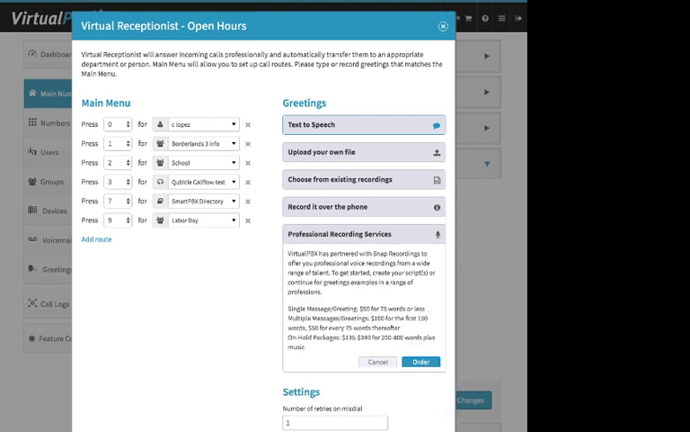All right, then we have professional recording services. We've partnered with another company called Snap Recordings. They offer various packages or just single recording options. They have roughly 100 voice actors to choose from, male and female. They have different versions of English. They have Spanish. They have French. Actually, they have different versions of both French and Spanish as well. So you can do multilingual